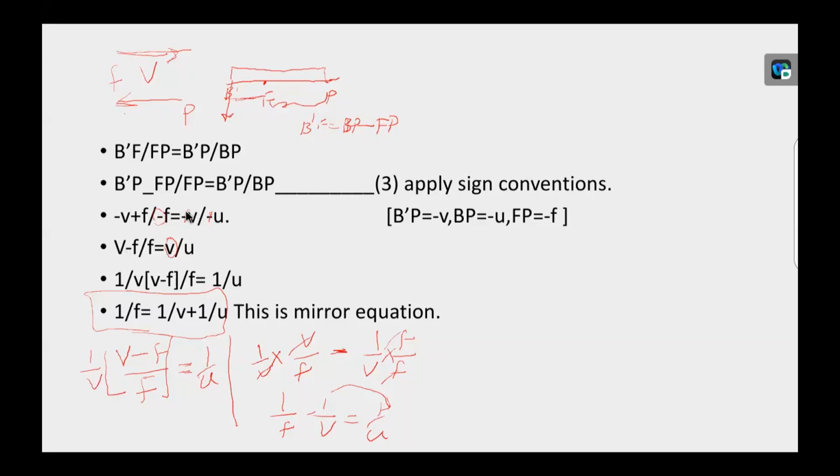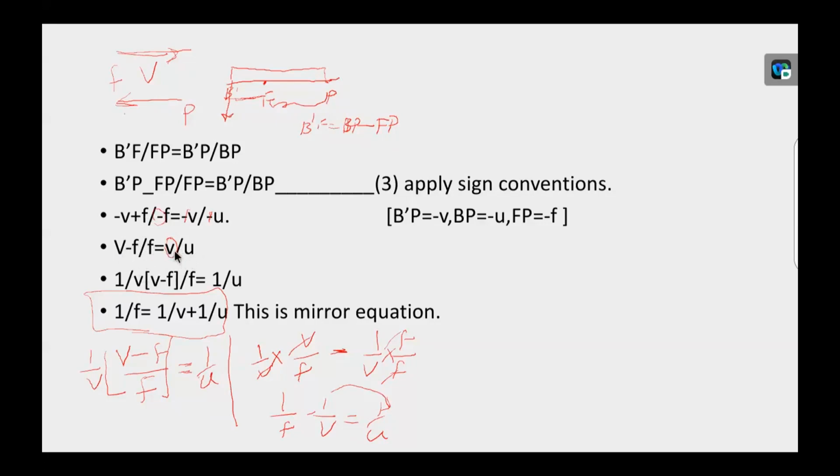Now RHS, we have got numerator minus v, denominator minus u. Minus minus gets cancelled, v by u. Next, in LHS we have got (v minus f) by f. Where has this minus sign gone? It means this minus is multiplied with the whole term. Therefore, minus v became plus v, plus f became minus f, and minus f in the denominator became plus. Therefore, we have got (v minus f) by f equal to v by u.